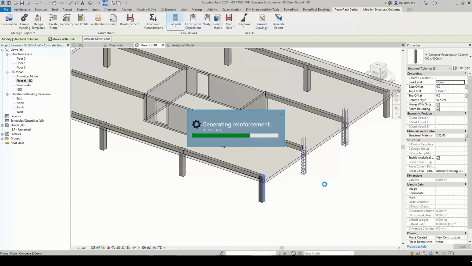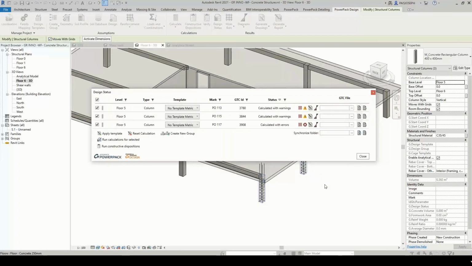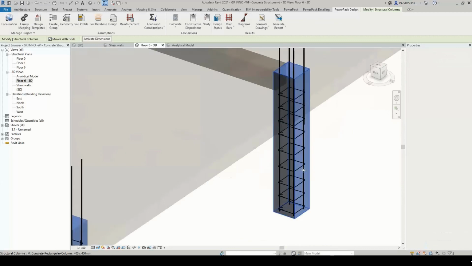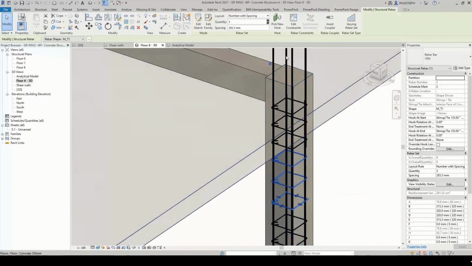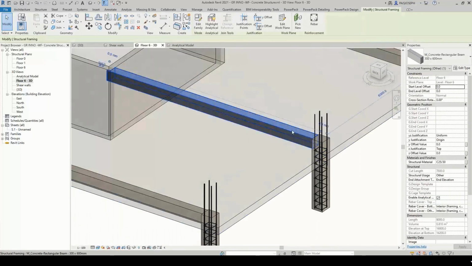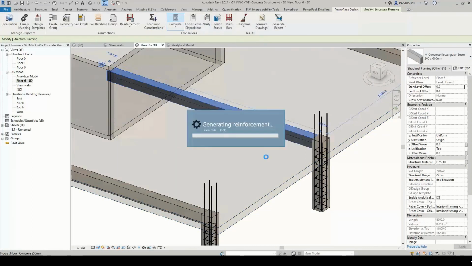Why is it named design? Because as you can see here, I can calculate a rebar cage based on those results. It means that in this case, as you can see, the 3D reinforcement, the stirrups, the longitudinal bars placed, are really native rebar in Revit. It's really a real rebar family in Revit.